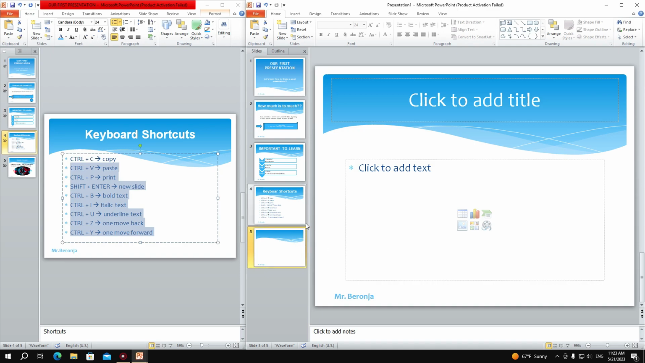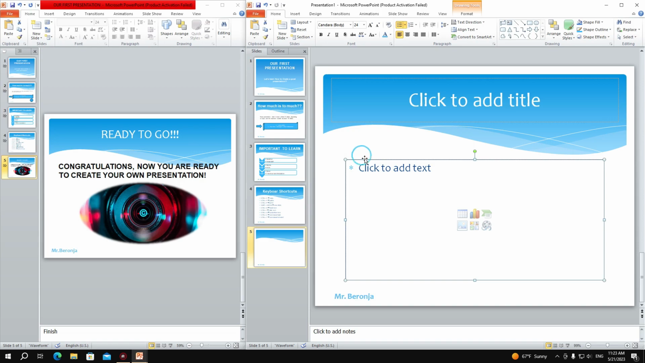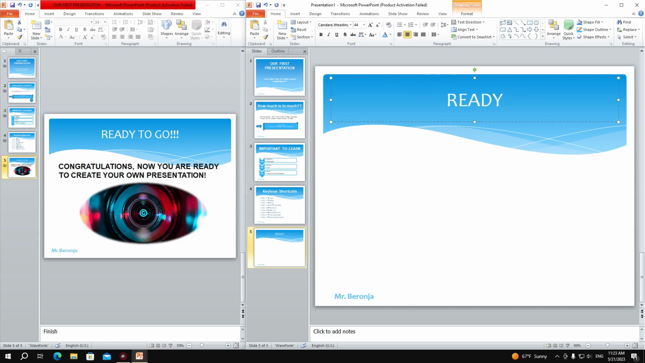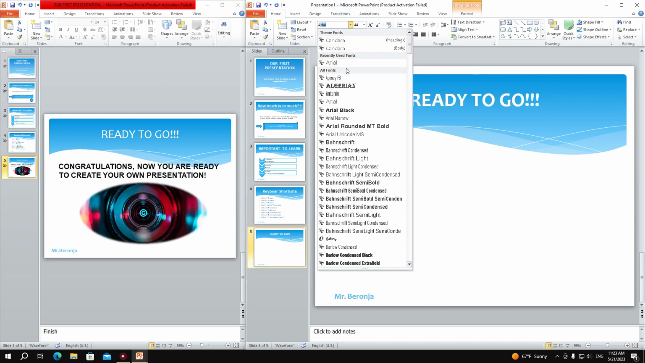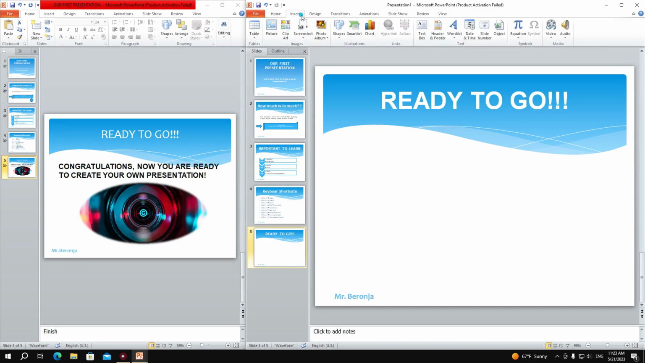Let's go to slide 5, the last one, and in the last one we have some image. Now we're gonna delete this box. We're gonna type ready to go, and let's make that text bold. Again, Arial 54, and we need to insert text,